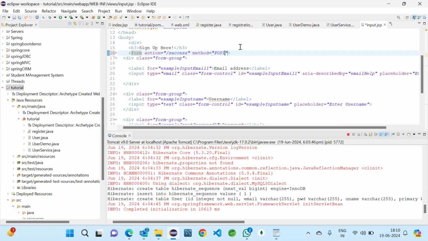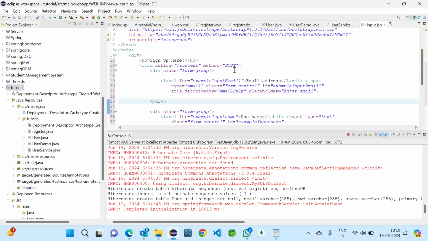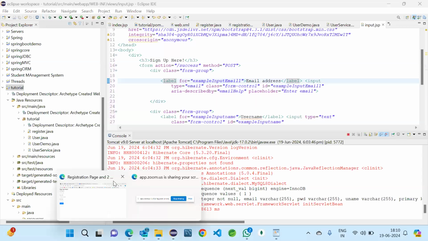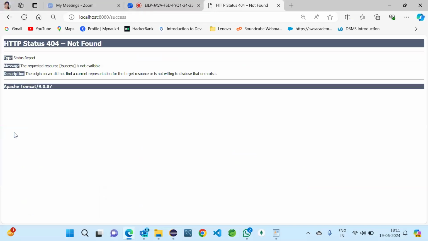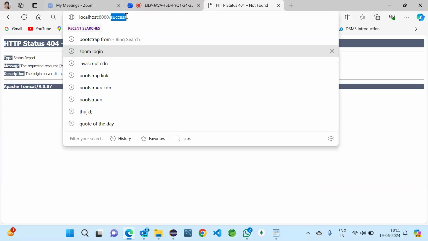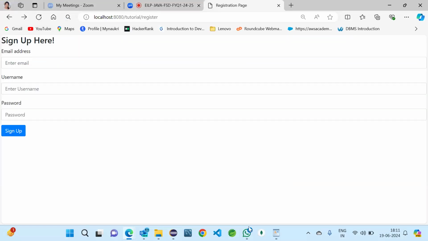I think you are a little bit familiar with this HTML bootstrap, so you know what is form action and what is method. Yes. So the method will be post, control S. So this is our registration page. And if I now click sign up, we have given the action, that's why the success is opening. But we haven't given anything for the success page, so that we are going to do now.